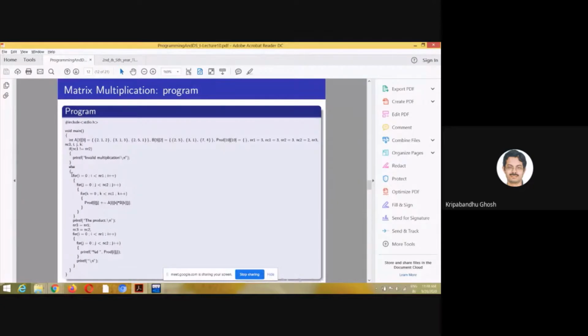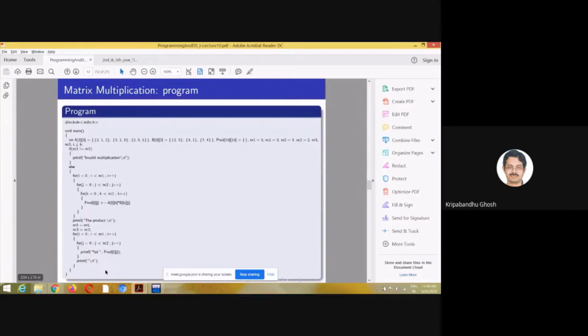Then we have a branching for loop. So this stands for the number of rows of the output matrix, the number of columns of the output matrix, and this is the number of columns of the first matrix or the number of rows of the second matrix, because they are the same, right? So we do this, we generate the elements like this. So have a look at this code. I hope this is something which you already know, but this is just for the sake of completeness.